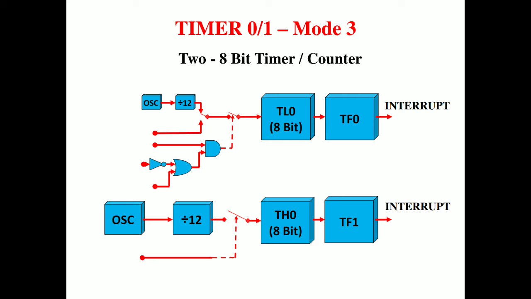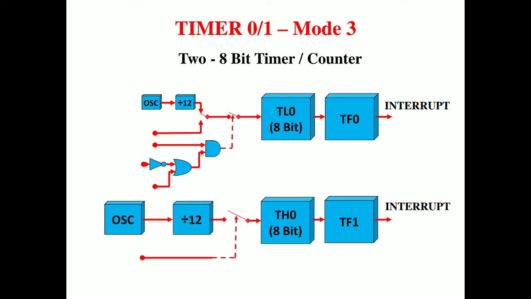So when we use mode 3, these 4 control bits are utilized by timer 0 only. After that, if you want to use timer 1 again as a separate identity, we have already taken 2 separate 8-bit timers from timer 0, and for these 2 timers we have consumed 4 control bits from the TCON register, that is TR0 and TF0 for TL0 and TR1 and TF1 for TH0. TH0 is a part of timer 0 only, but it consumes the control bits from timer 1, as we have already seen in modes 0, 1 and 2. But in case of mode 3, all 4 bits are consumed by timer 0 as separate timers.